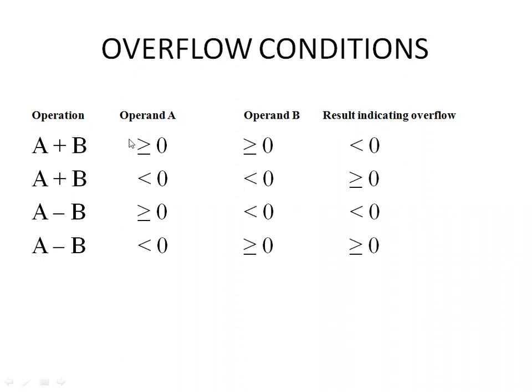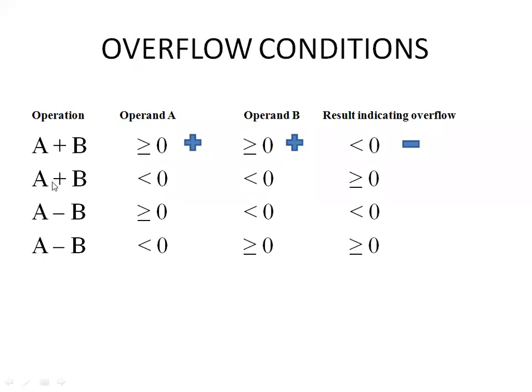So what about the type of the first operand? It is nothing but positive, because operand A is greater than or equal to 0. Okay, so what about the operand B? Again, it is greater than or equal to 0, which means it is a positive number. So when we add two positive numbers, we should get the result in positive. But here, what about the result? Here we get the result in negative, which means that causes an exception.